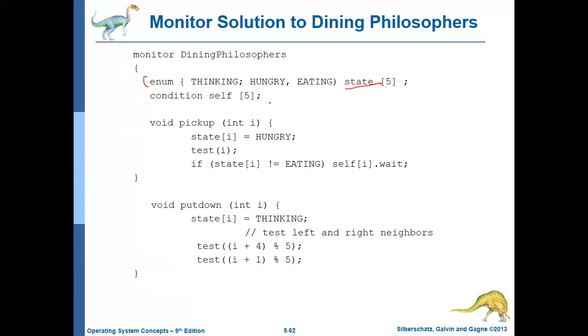What can the state contain is basically three things, because we know the philosopher is thinking most of the time. Whenever he is hungry, he goes for eating, isn't it? That is how the states change. So we have five philosophers. We have introduced a monitor here, and named the monitor dining philosophers. Then I've introduced an array, state of five, which indicates the five philosophers in action. And what are the different states they can take? We have created it as an enumeration: thinking, hungry, and eating.